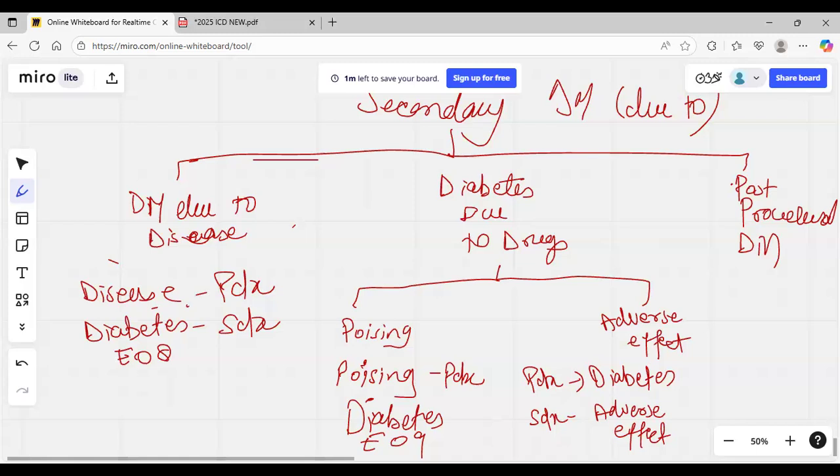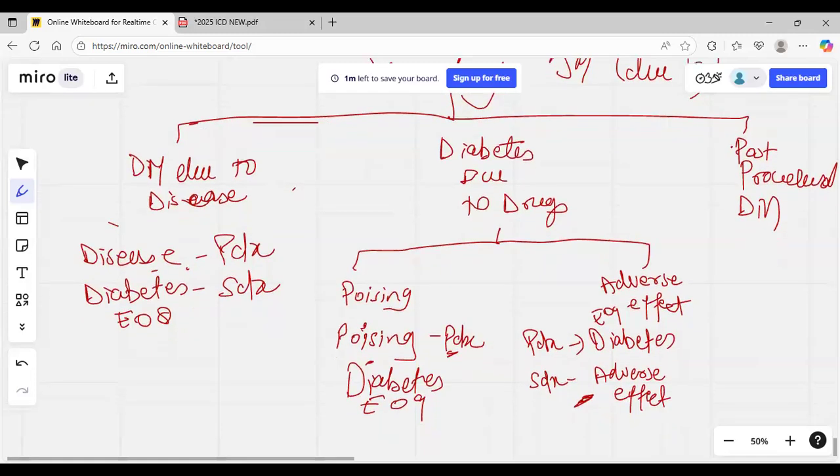adverse effect. Remember one thing, you have to keep poisoning at the primary position always, and you have to keep adverse effect at the secondary position always. You cannot use poisoning at the second position ever, and you cannot use an adverse effect code at the primary position ever. And the third situation we have here,